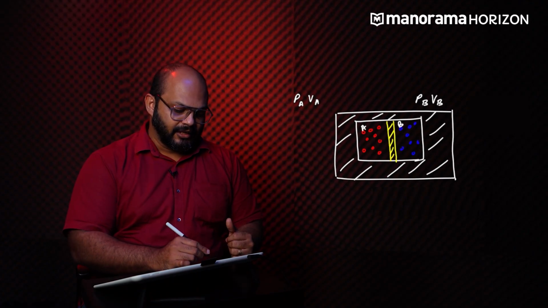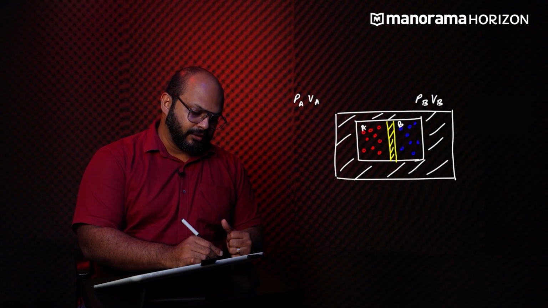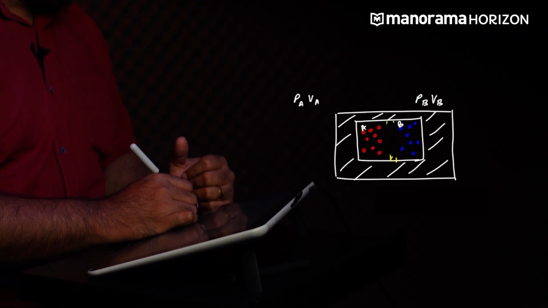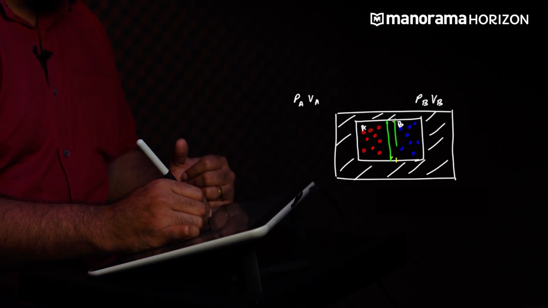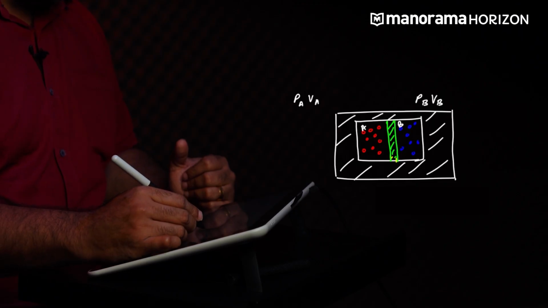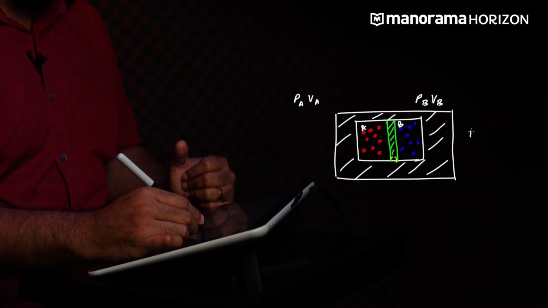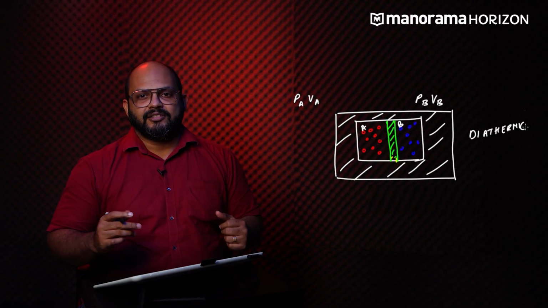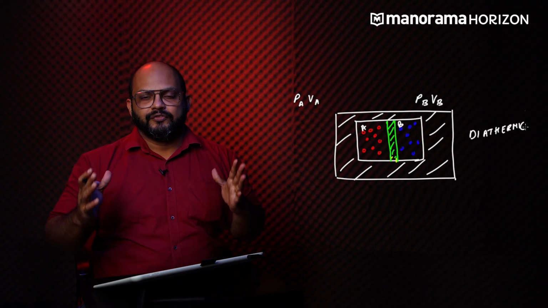On the other hand, let us say that I were to replace this adiabatic wall. So I'm replacing this adiabatic wall with a new type of wall, which I call a diathermic wall. Now, what is a diathermic wall? A diathermic wall is perfectly conducting. It has a very high conductance to heat, so it is a perfectly conducting partition, which freely allows heat energy